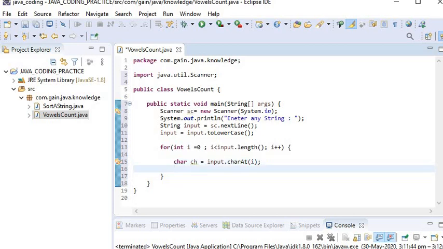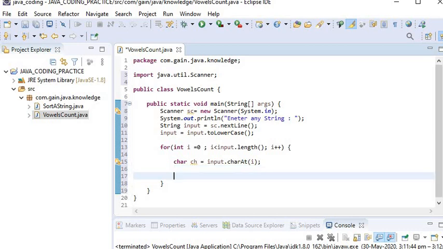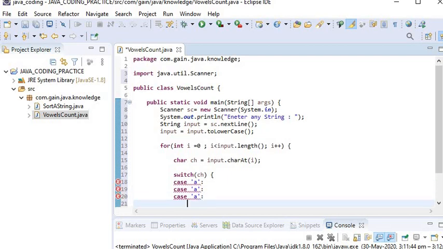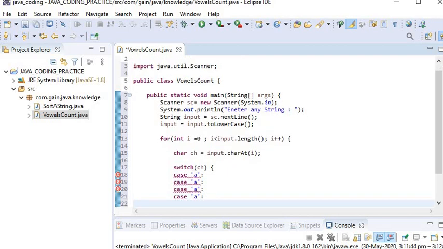Now I will use switch conditions. Here I will use case if the input value is A, and as we know in the alphabet there are 5 vowels, so here I will write it 5 times.